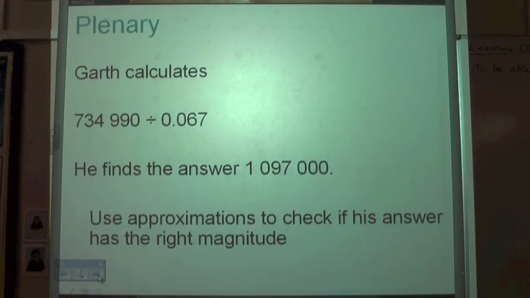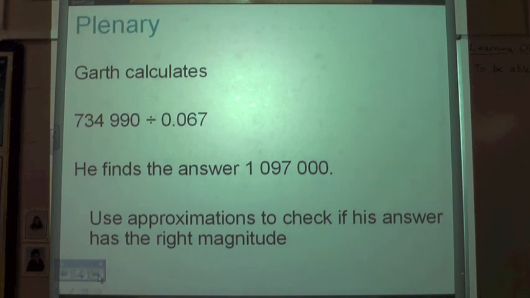Garth calculates this. He's actually done the sum on his calculator. He hasn't estimated, he's calculated, and he gets 1,097,000. Use approximations to check if his answer has the right magnitude. So you need to estimate his answer and see if he's got 1 million, 10 million, 1,000, 10, etc. So we'll see if